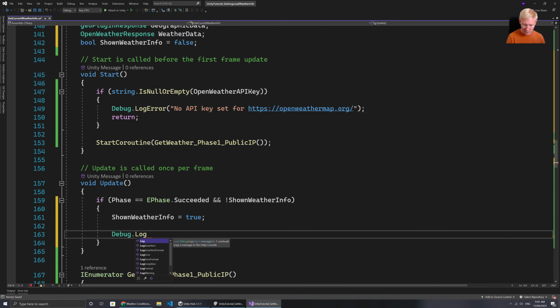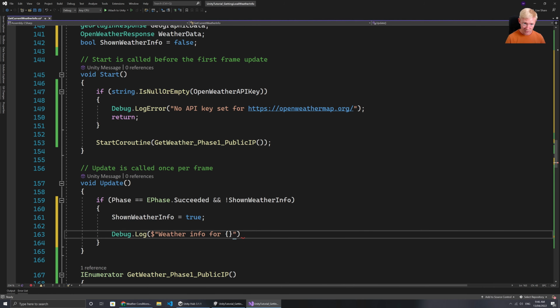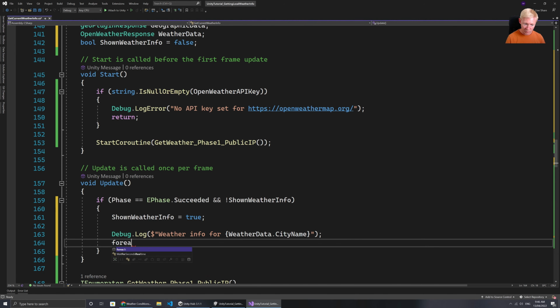So we can log out, debug log. Let's log out a bunch of things here. So we'll go for, let's say, weather info 4, and then we can grab weather data. And there's a lot of things here, so we can put in there city name. And then I can loop through conditions in weather data dot weather conditions,